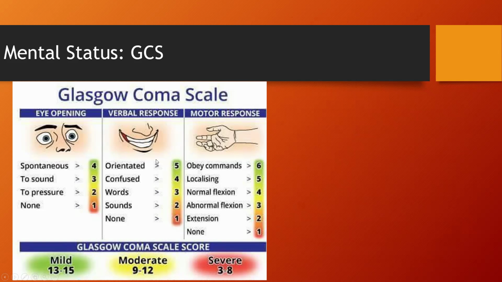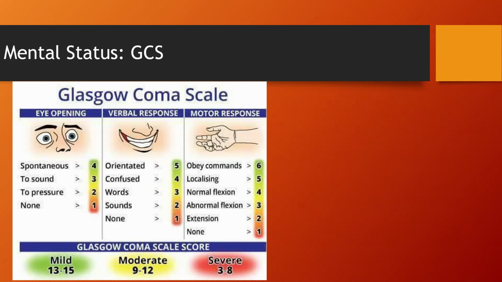Now, in addition to that, we're going to record whether they're oriented. If they are alert, are they oriented, confused, using words, meaning some kind of inappropriate words, or simply incomprehensible sounds? That would be my verbal response. And then motor response: are they obeying commands, meaning they understand what's going on and are able to follow instructions? Are they localizing pain, meaning they are able to point or jab towards the pain? If you tell them to raise their hand, they don't really respond, but if you ask them where the pain is, they may be able to move their arm or gesture towards it. That would be localizing pain.